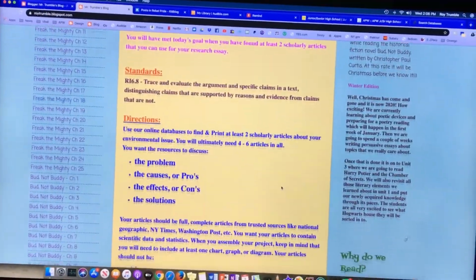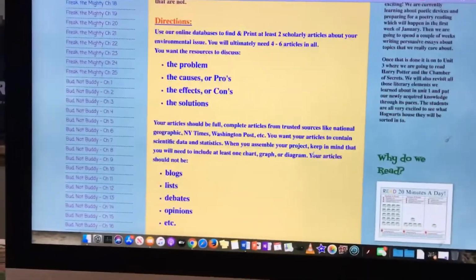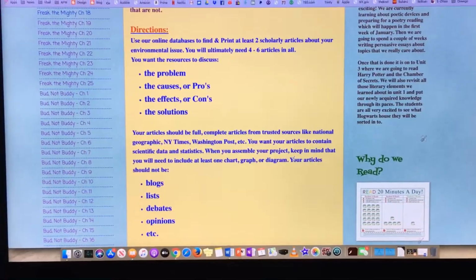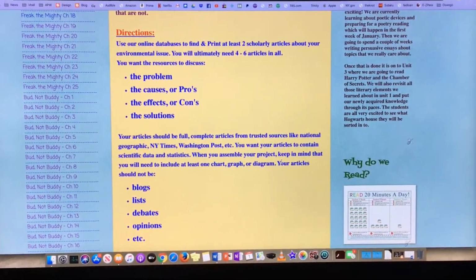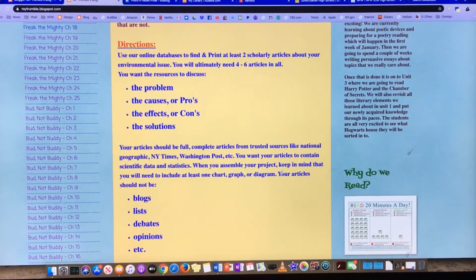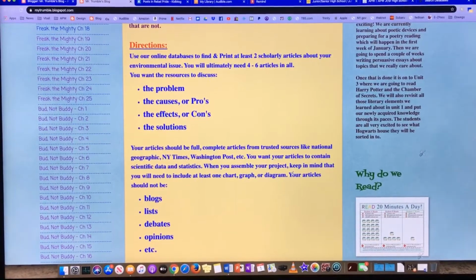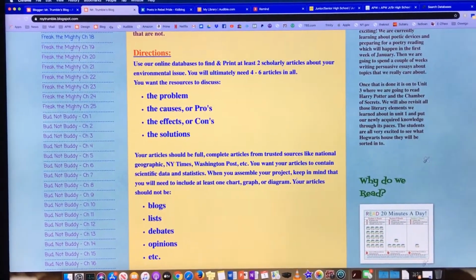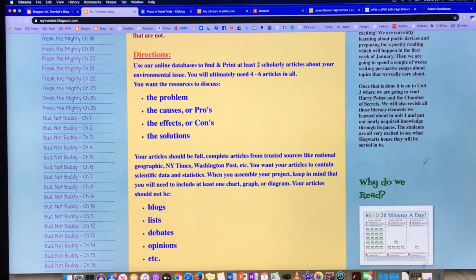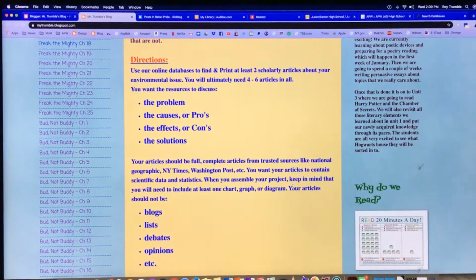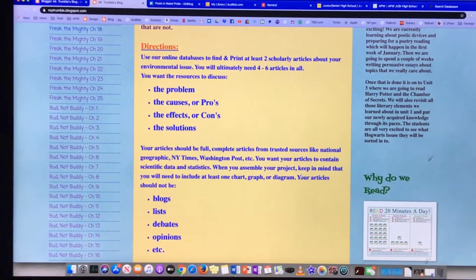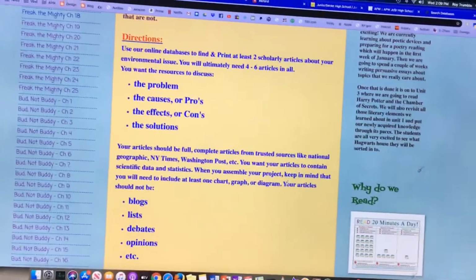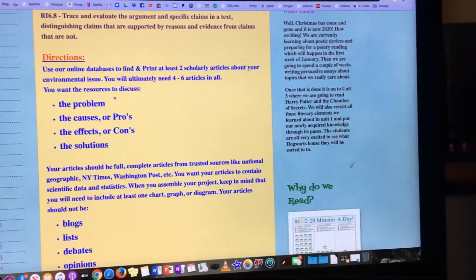Now, once you do have that topic, you can see today's classroom blog. Here are the directions. Once we have our topics, we want to use the online databases so that we can find and print at least 2 scholarly articles each day. Our ultimate goal is to have 4 to 6 articles. We're looking for 2 to 3 secondary sources and then 1 to 2 primary sources. And in those articles, we really want you to focus on finding articles that help you understand the problem,